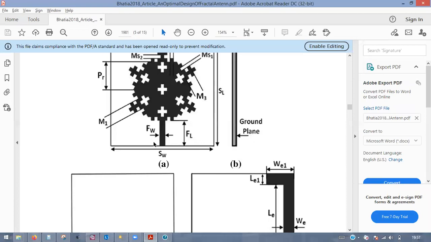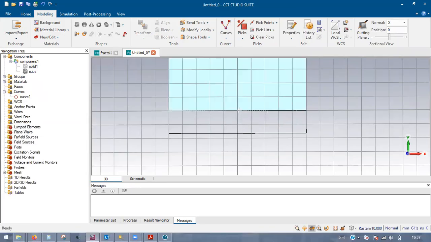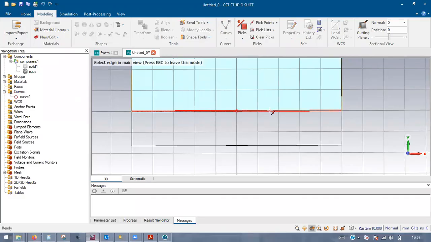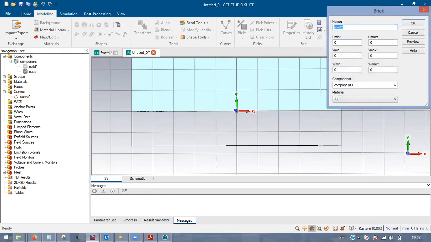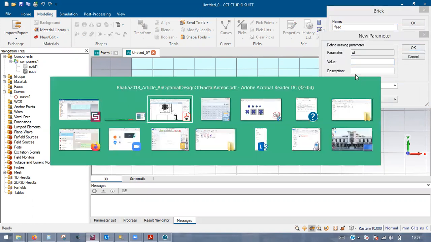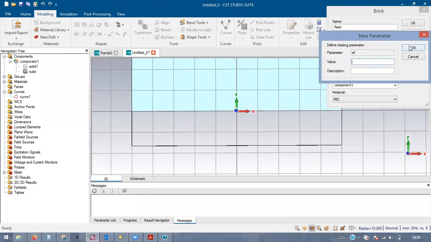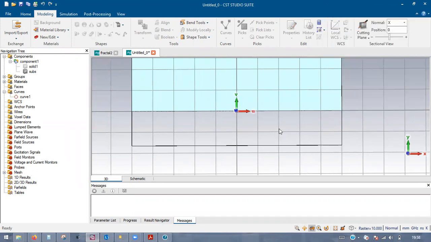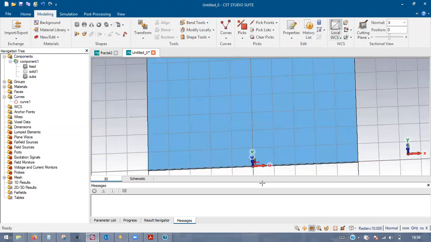Now we need to design this feeder network. So yeah, now we'll design the feed. So yeah, this will be feed. Width will be width of the feed by 2, because from center negative half, positive half we have to go. Length will be 0 to LF, length of the feed. Height will be height of the conductor in positive axis. Click on the OK. What is the width of the feed value? Okay, we'll put 0.5 as of now. Length will keep 5. Click on the OK. I can see feed is done.